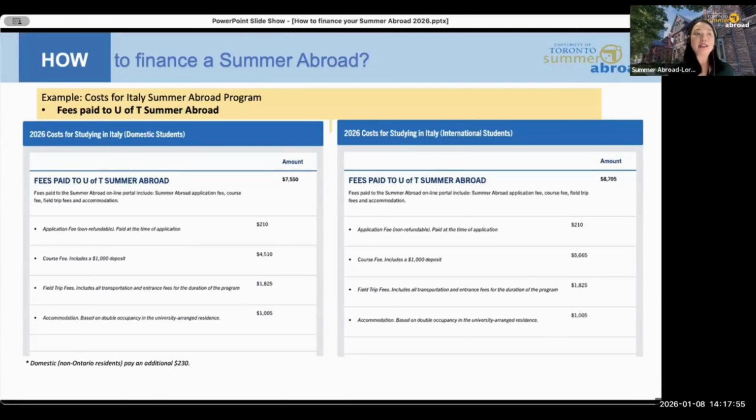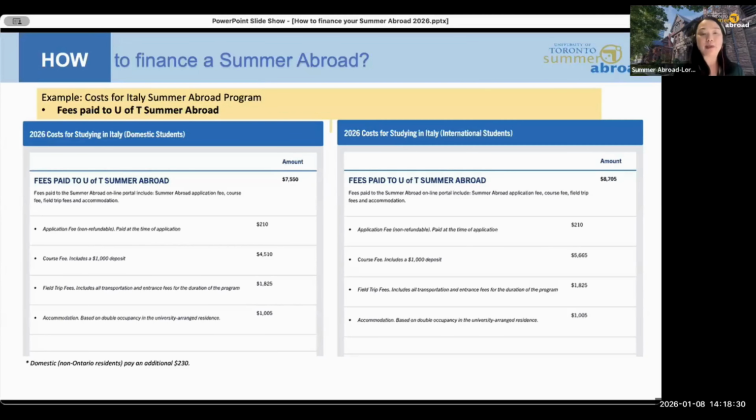Just as a tip, I know in the past, students have often come up to me and said the Portugal program really appealed to them and was an opportunity, for example, to learn a language, which is fantastic, but it also seemed to be a little bit lower on the financial end. So take that as an example. The other program would be Oxford, extremely competitive every year, and you'll notice it tends to be a little bit on the higher cost, and that simply reflects the higher standard of living. The cost of accommodation in Oxford is a little bit higher.